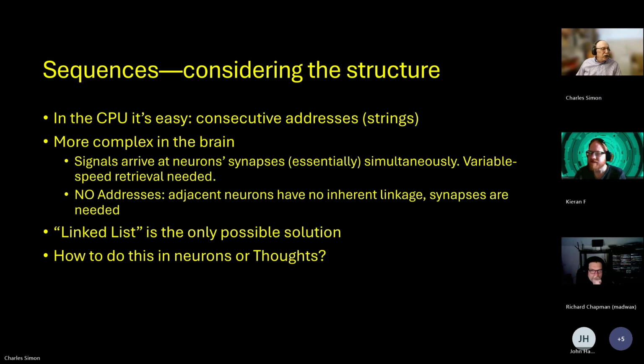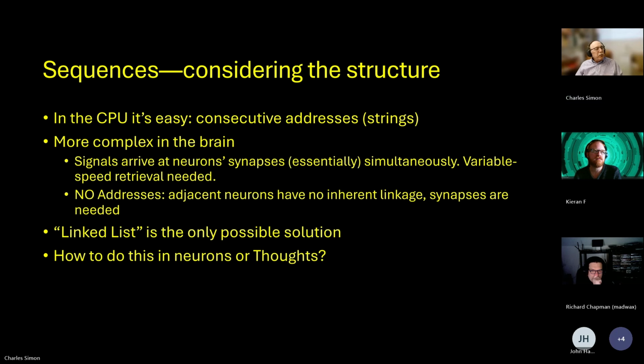Now, in a CPU, I want to talk about the structure. And one of the places where I diverge from the general theme of artificial intelligence is that I want to figure out what the target structure is before I figure out how it learns. So I'm going to be talking about the target structure, and we'll talk about the learning process after I figure out how that must work.